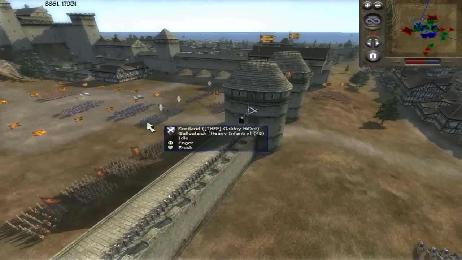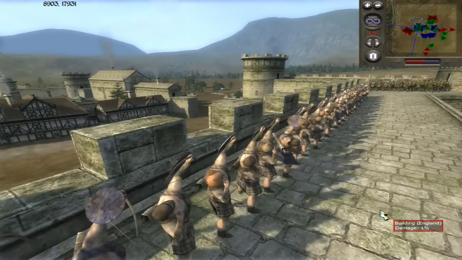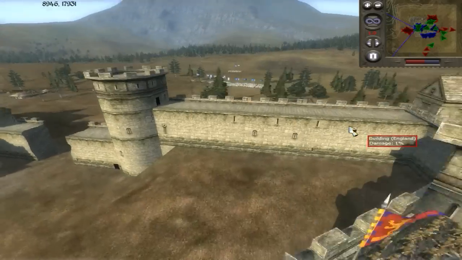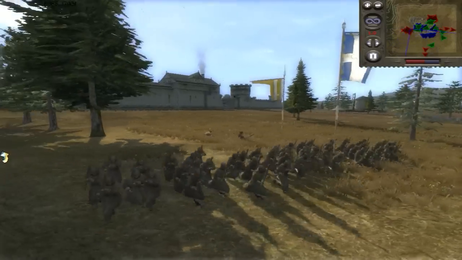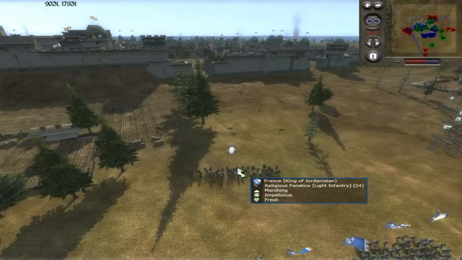And keep in mind, we do have a bunch of reserves, plus some of these archers here unleashing. Oh, it looks like we have some Sherwood archers as well. Very, very good positioning on those guys. They have extreme range, and they're going to be picking off these fanatics from a distance. Yeah, so warding the French off. But here comes the